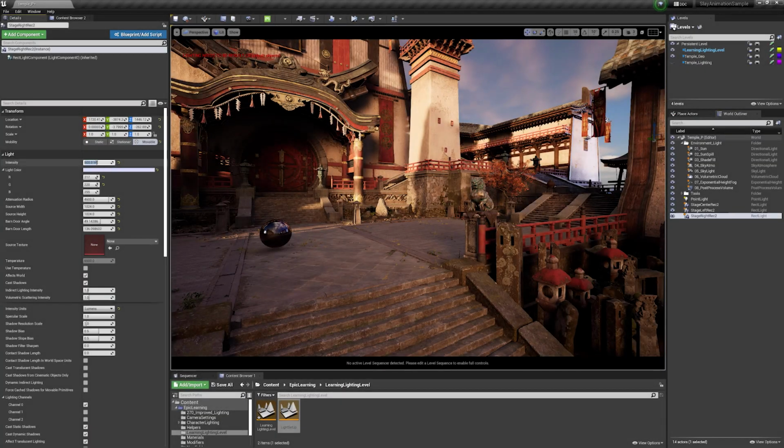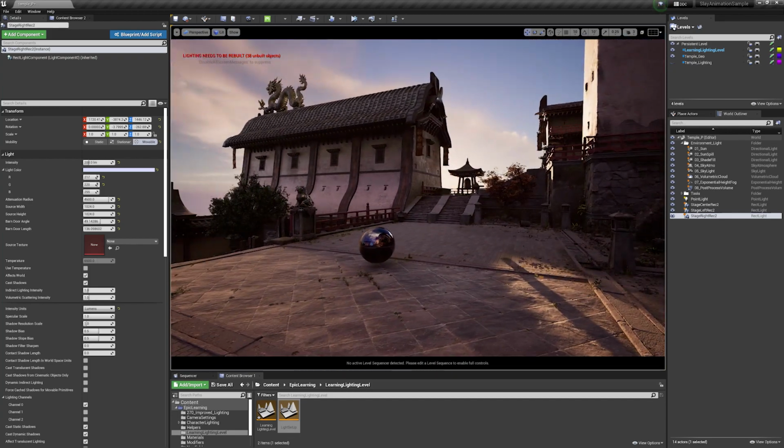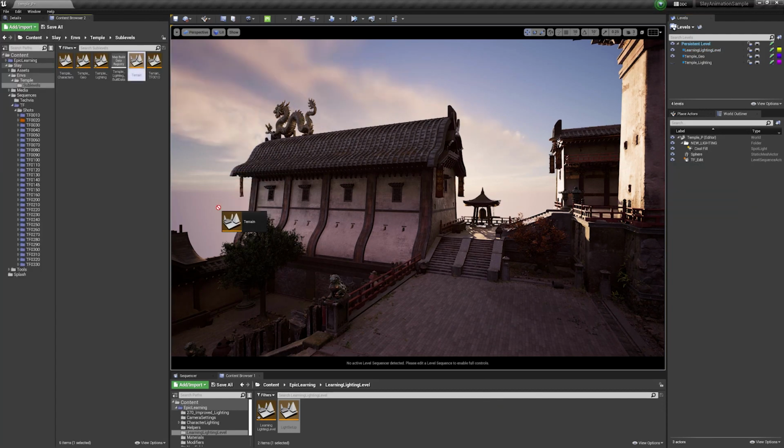So let's go ahead and flip off and on our rect lights that are contributing to the side. As you can see right now, they're way blown out. However, on this left building here, we're getting that nice speck on the brick that we were talking about earlier. So these are the type of effects we're looking for.